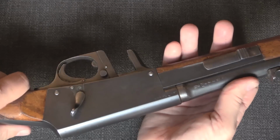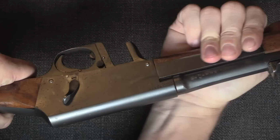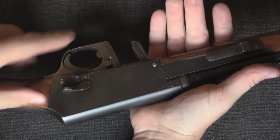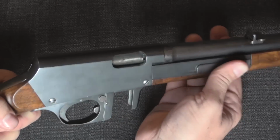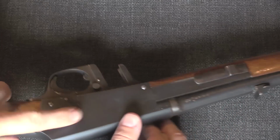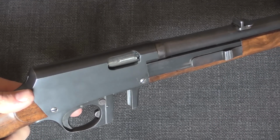Although I suspect it still goes very quickly. So you can see the hammer moves as I start to pull this handle back, but it's actually really hard to cycle the bolt. Much easier to cock the hammer first, and then I can quite easily cycle the bolt. So that's how you would fire the thing. You would load the magazine, insert the magazine, cock the hammer, and then cycle the bolt to chamber the first